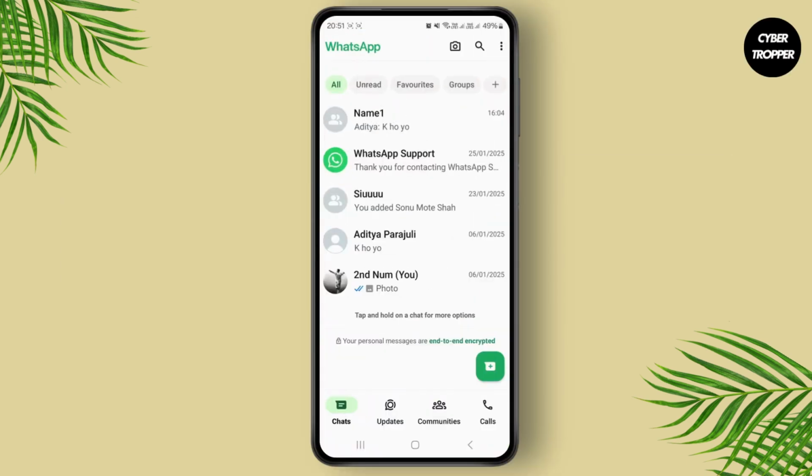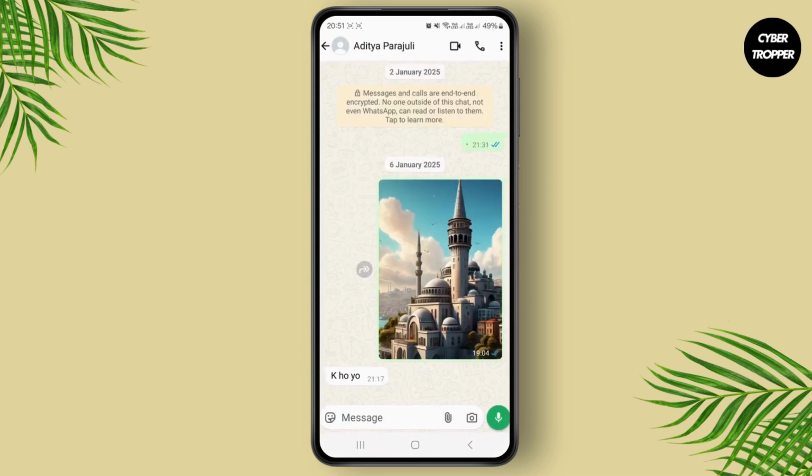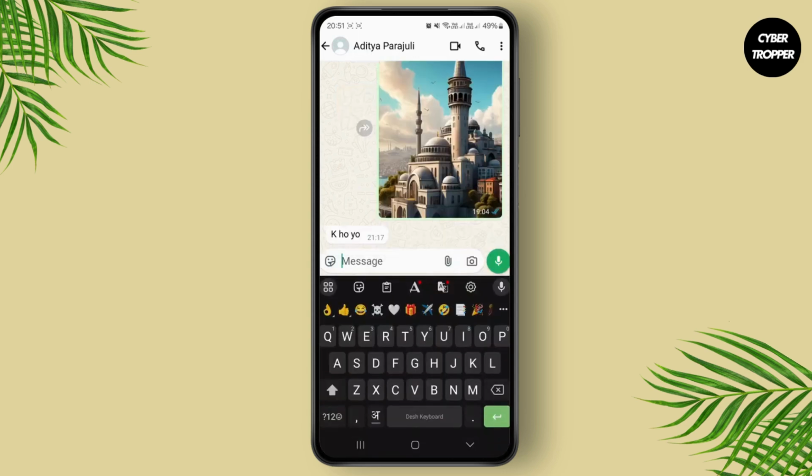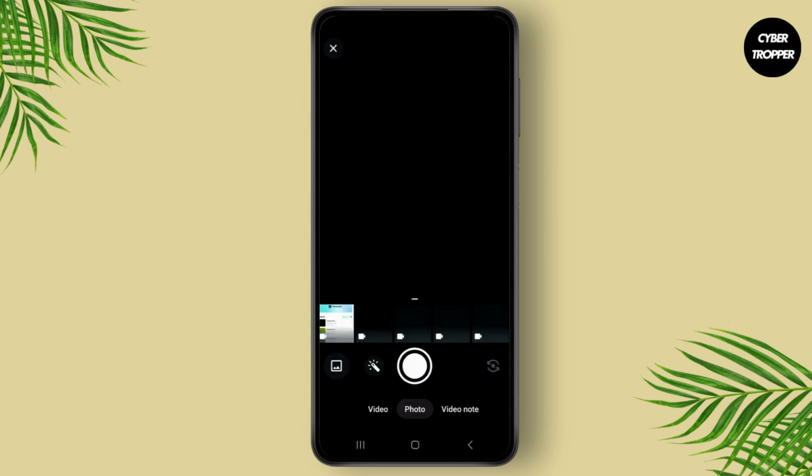In this video I'll be showing you how you can easily send high quality videos on your WhatsApp. So first thing first, simply head over to your WhatsApp and choose any of the appropriate chat where you want to send videos. So what you can do is, when you try to open your camera and send the video,